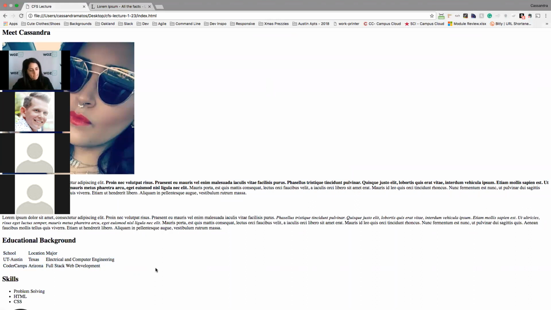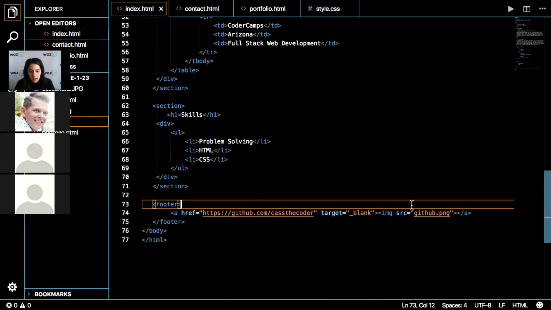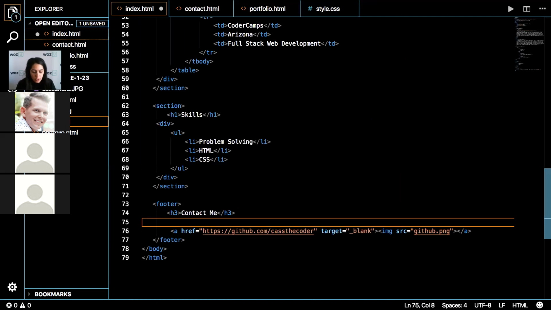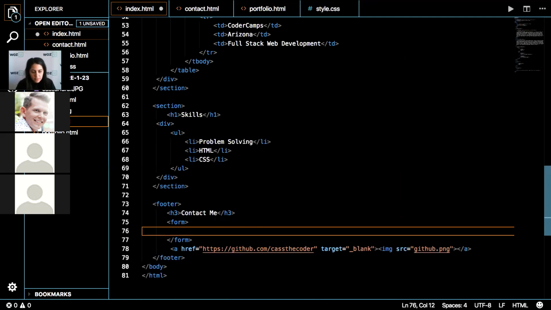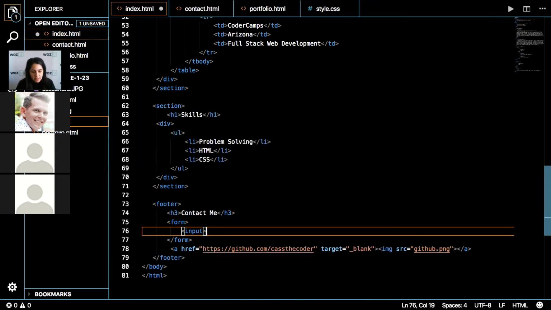Got it. All right, so there we have our table, and now in our footer, I'll do a contact me. So let's do H3 so you can just see it. And then for a form, we're going to use the form tag. And in my form, I'm going to have some inputs.